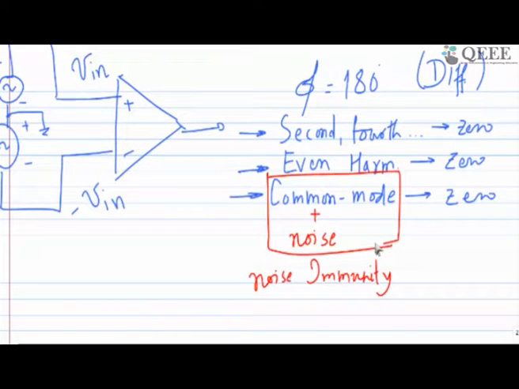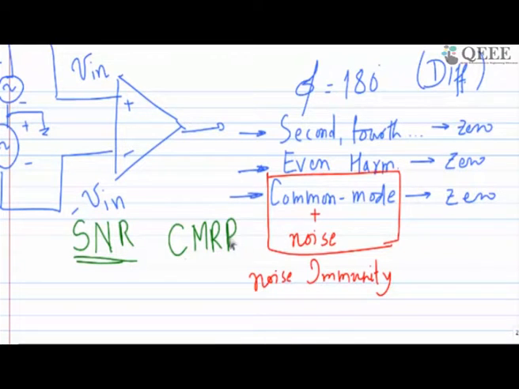in differential. And why we are doing all these things? The most important part is, look, the reason behind doing these things is that you want to improve the signal to noise ratio. This is called SNR, signal to noise ratio, and there is another thing called CMRR. These two things we want to make better. So this was a question from one of the colleges last time, and I thought I should give a little bit of intro on what signal to noise ratio is.